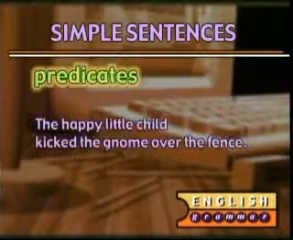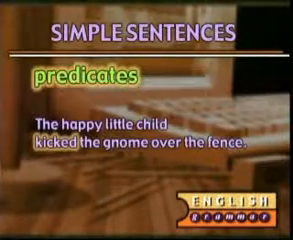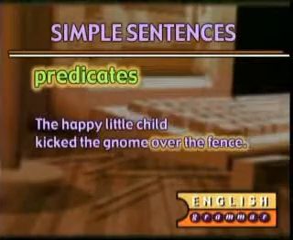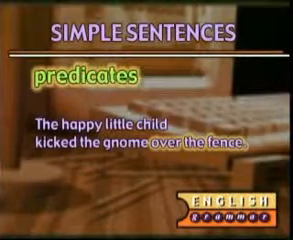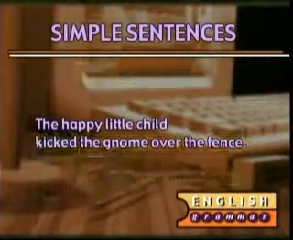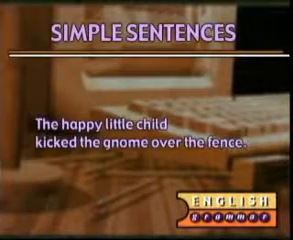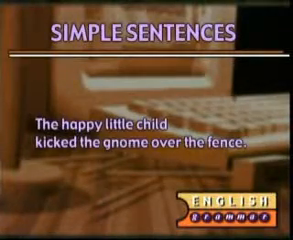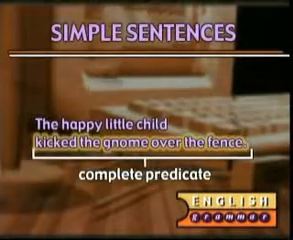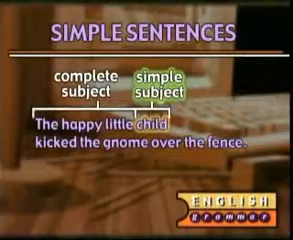In our sentence, the happy little child kicked the gnome over the fence, we can identify kicked as the verb, so it's our simple predicate. Because the gnome and over the fence refer to exactly what was kicked and where it was kicked, we include those as part of our complete predicate. So, in the sentence, the happy little child kicked the gnome over the fence, we can say that the happy little child is the complete subject, while kicked the gnome over the fence is the complete predicate. Child is the simple subject, and kicked is the